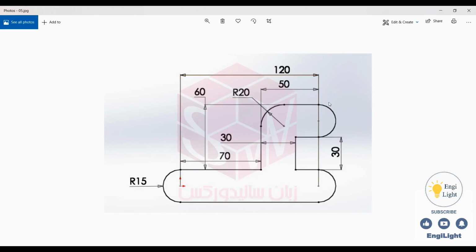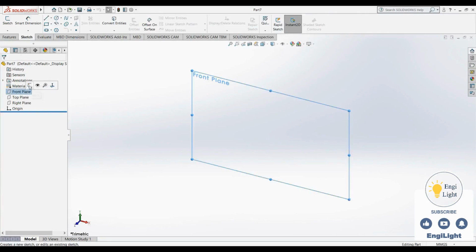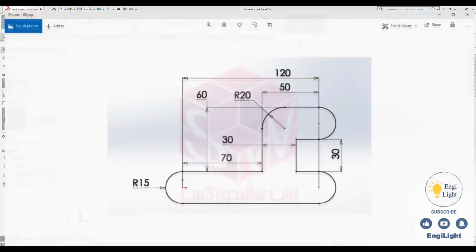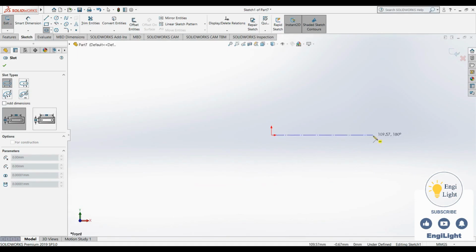This shape is a slot, so I draw two slots, one here and another here, then connect them with lines. I enter the Part module, start sketch mode on the front plane, and then I select the Slot tool. Here, since the origin is placed here, I use the first type to draw the slot, selecting the origin first. So, the first selection is the origin, the second selection defines the slot's length, and the third selection sets